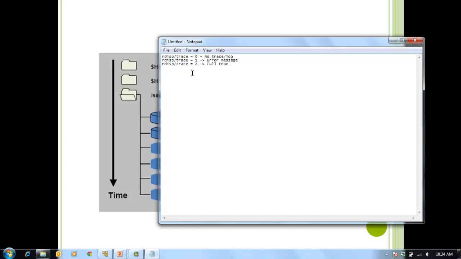Okay, this will have full trace. That means it's going to trace the entire activity of the SAP startup. Let me remind you, this is going to take quite a lot of space in your operating system because these are all raw files. These log files are quite raw, so you have to be quite careful when you are enabling the trace,